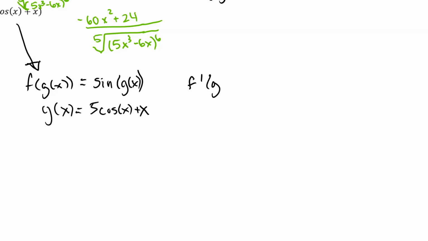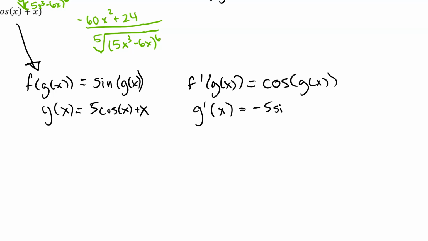Derivative of the outside with the inside remaining the same is cosine g of x. Derivative of the inside, negative 5 sine x plus 1. Derivative of the overall composition of functions